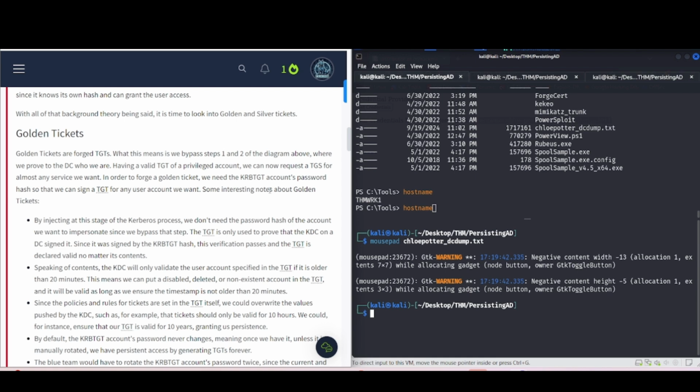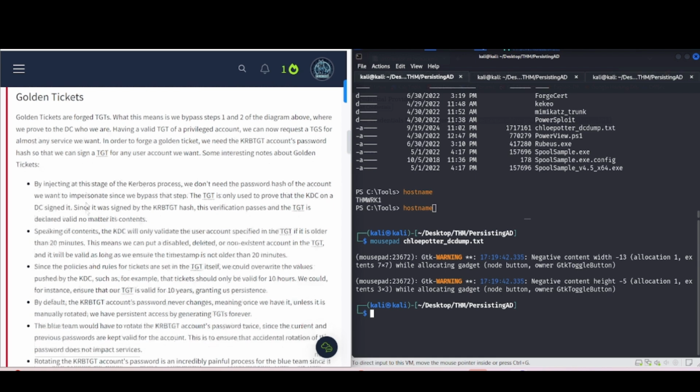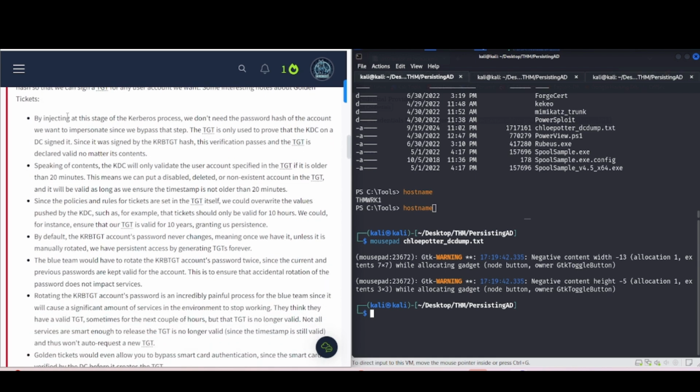Some interesting notes about golden tickets. By injecting at this stage of the Kerberos process, we don't need the password hash of the account we want to impersonate since we bypass that step. The TGT is only used to prove that the KDC on a DC signed it. Since it was signed by the KRB TGT hash, this verification passes and the TGT is declared valid no matter